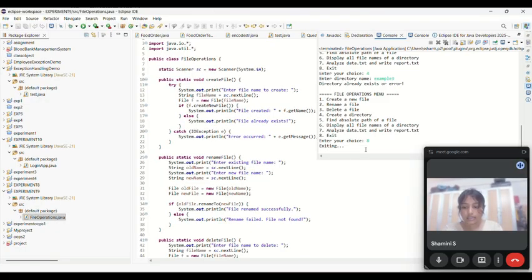So in this program, the output demonstrates the program can successfully handle various file and directory operations. It's a practical example of how Java's FileReader, BufferedReader and FileWriter classes work together to manage files efficiently. To conclude, the project